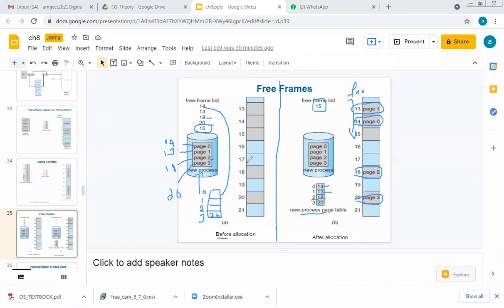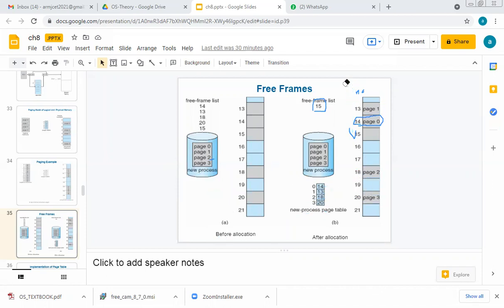Now, what is important is that we cannot say continuously that pages may arrive like 0, 1, 2, 3, but continuous allocation is not possible at any instance of time. It depends on the availability of frames and the order of frames in the free frame list, and that is how they are going to be utilized. Okay, hope you understood this idea of free frames with the pages mapping.